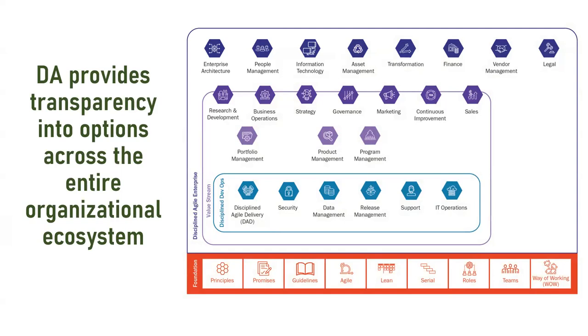The middle area here is where Discipline Agile got to start: Discipline Agile Delivery. Back in 2012, the first book was called Discipline Agile Delivery. It was just about small teams delivering in an agile way. Over the years, it has grown to encompass not only what has now become Discipline Agile DevOps, but also entire value streams, and very important, what I've been delving into a lot in my practice, the Discipline Agile Enterprise. This is an extremely important concept,